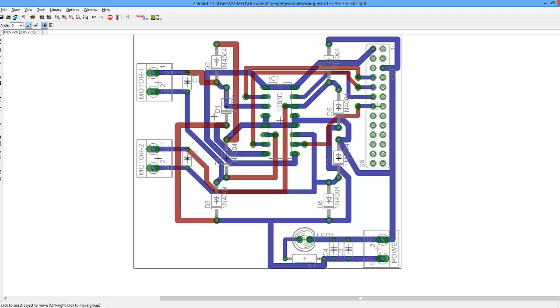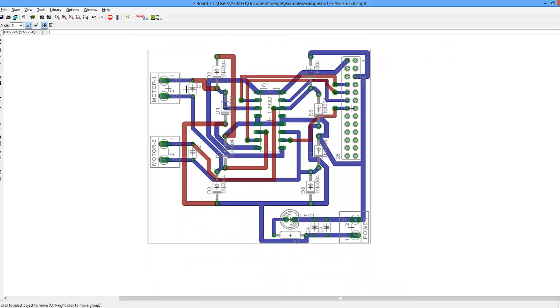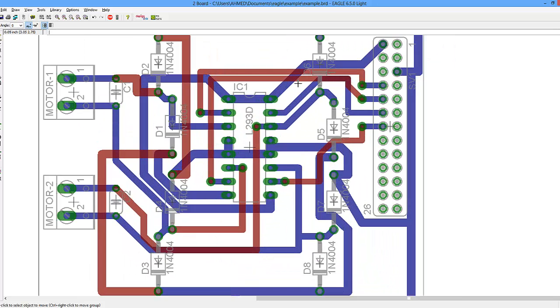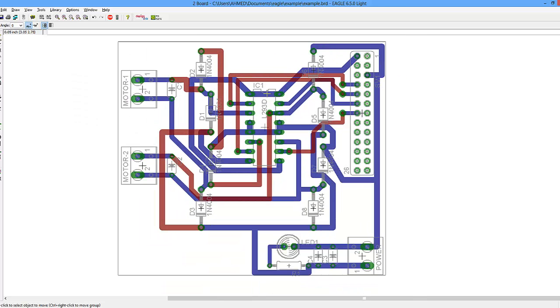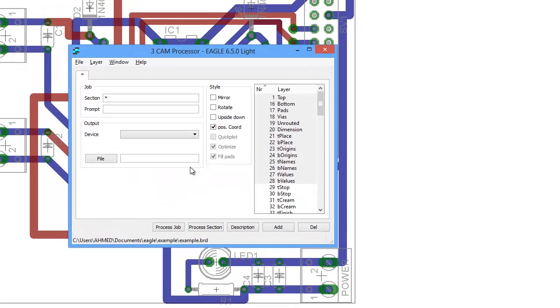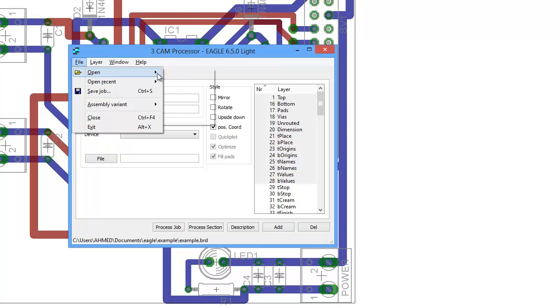That's it. This design is complete and ready for printing. So after you are done, you just have to go to File, Print. Print is for the guys who are using Eagle. But for the guys who are using CNC machines, you have to go to something called CAM Processor. So go to CAM Processor after you save, and then File, Open, Job,